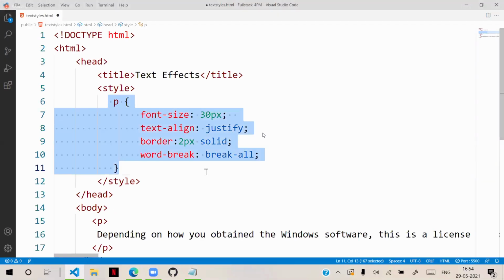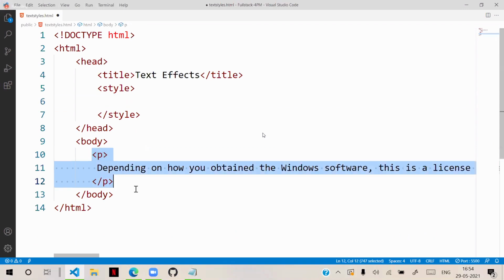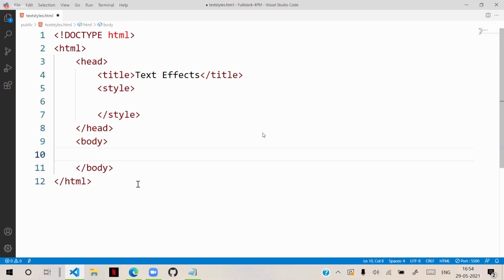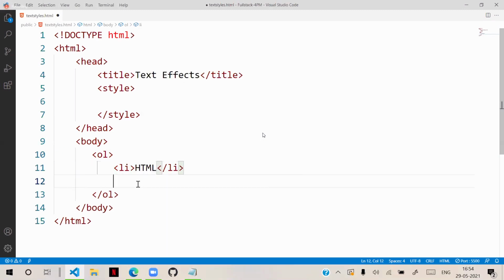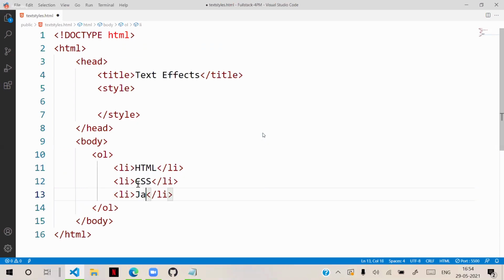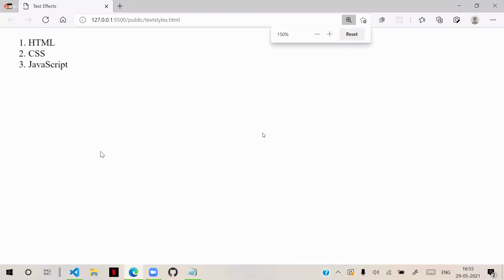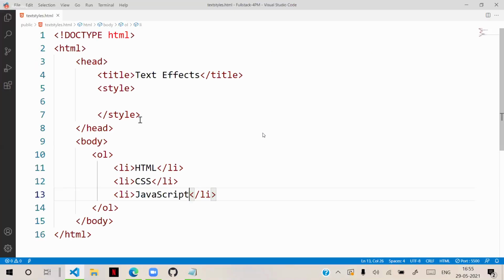So let's write some lists, like an ordered list. We are defining a list item HTML, another list item CSS, another list item some JavaScript. These are the general list items we are having. It's an ordered list, and now I want to change the effects for the list.